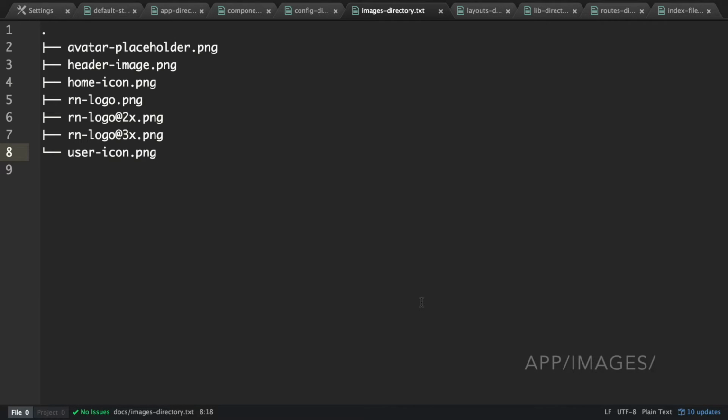So here we've got the app/images directory. This is a really short and simple one, and it aligns with our goal to maximize code reuse and, to some extent, keep configuration out of the code. In the app/images directory, I'm going to keep all of my images. You can organize them however makes sense for you, however works with the way you think. But basically the goal here is to keep all the images in one place so they're easy to swap out,